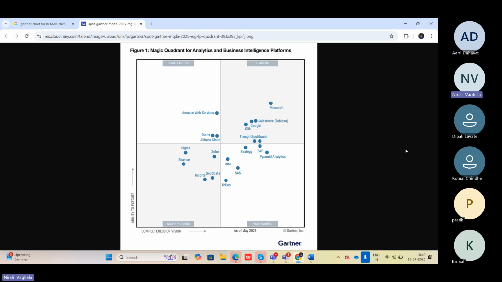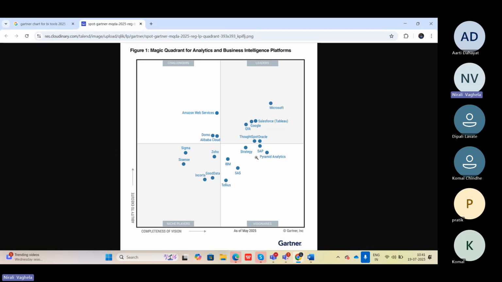Okay, so this is how the magic quadrant looks, and it comes each and every year. Here this is as of May 2025. Again in 2026 there might be a change. Now if you carefully see this, even this is one part of your interview questions. If you are part of BI, this will be asked: what is a magic quadrant? Are you familiar with it? Some people will call it a magic quadrant.